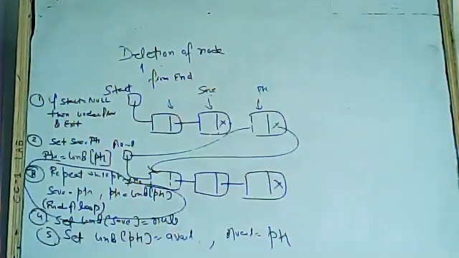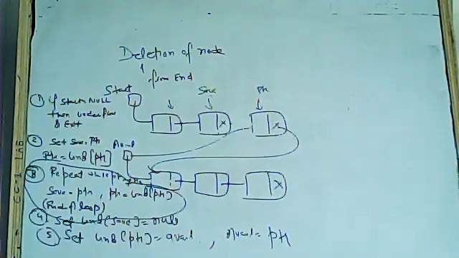And the second question is, what is the condition of underflow? Start is null. Underflow means you are trying to delete but memory is empty. There is no node, and no node means start is null. And what is the condition of overflow? Avail is null. If start is null, it is the condition of underflow: there is nothing to delete. If avail is null, it is the condition of overflow, because avail is null means memory is full. You cannot insert anything. Okay.